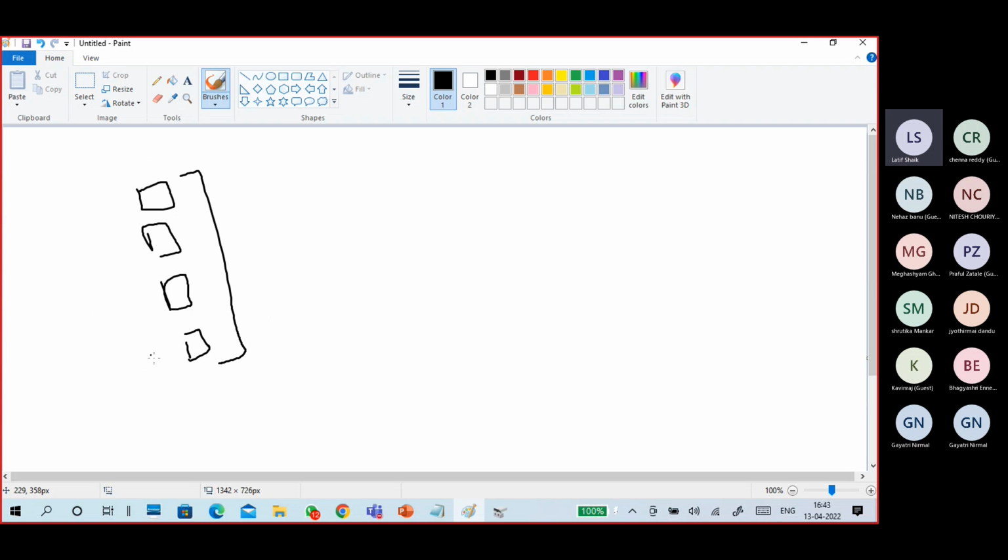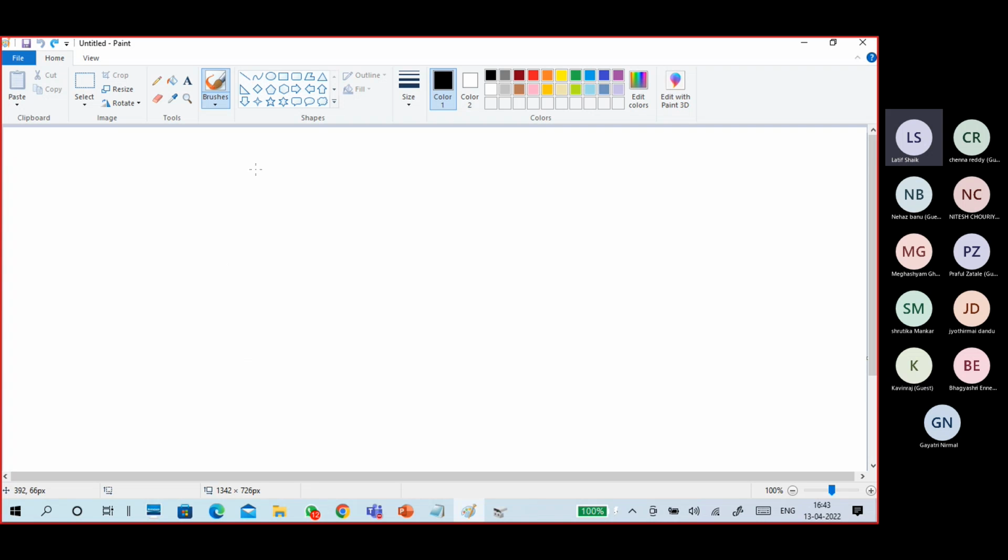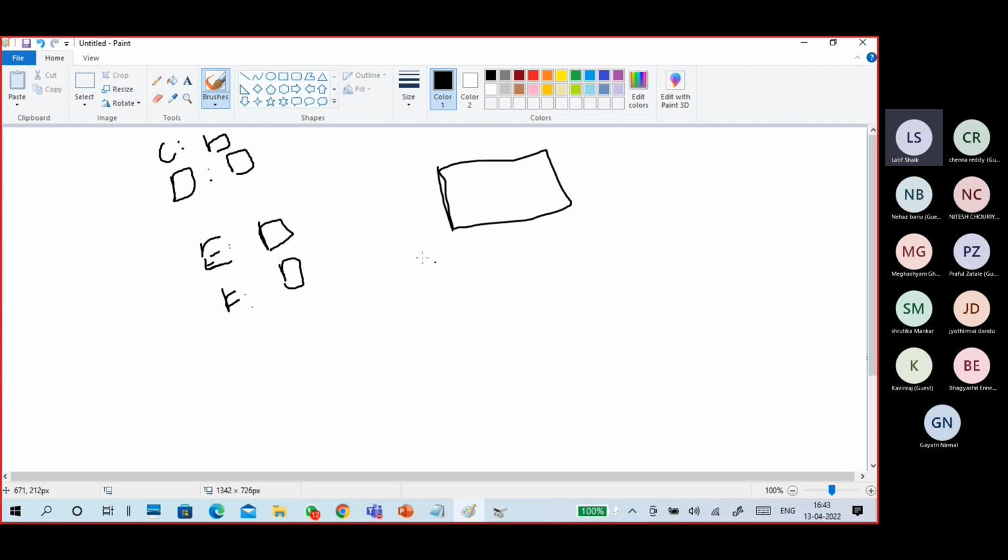Which location did you copy this data from? I copy data from D drive. I copy data from E drive. I copy data from F drive. So I have D drive, E drive, C drive, F drive like this. I copy data from here, here, here, here, and I keep it in one single location. We call that simply a backup, but